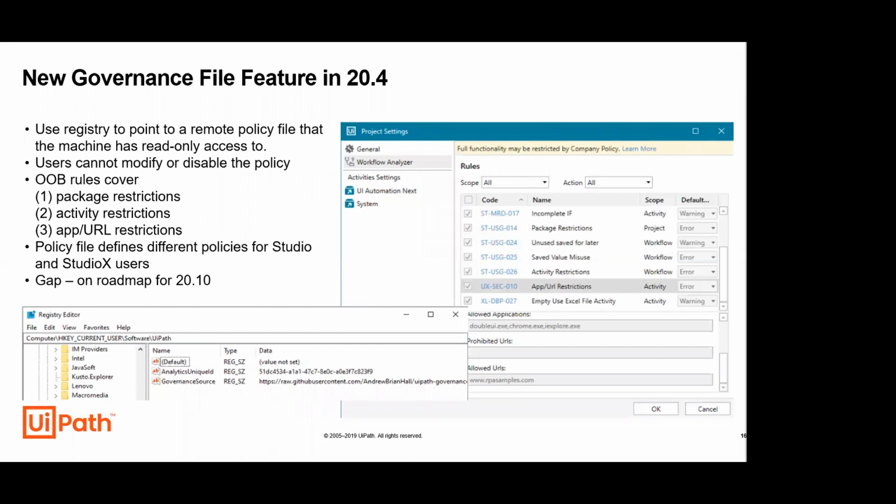So I've dedicated a slide on the new governance file feature in 20.4, as I believe it really makes our governance capabilities much stronger and more robust, and addresses some common governance concerns that our customers often have over the citizen development model. So to give you some highlights, what the new governance file feature is able to do is the following. It uses the registry